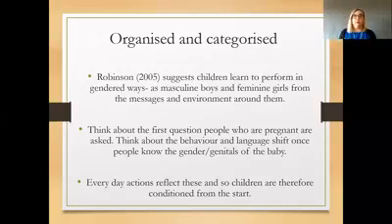Now, one message is not going to impact significantly, but that one message is never alone by itself. So the accumulation of all those messages starts to tell us how we need to act if we identify as female and how we need to act if we identify as male.